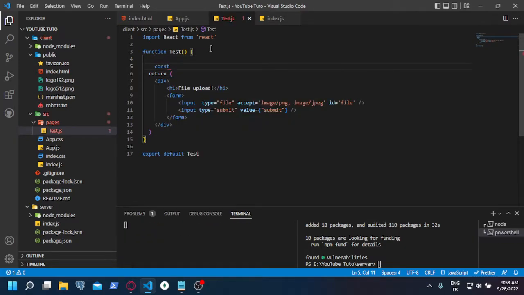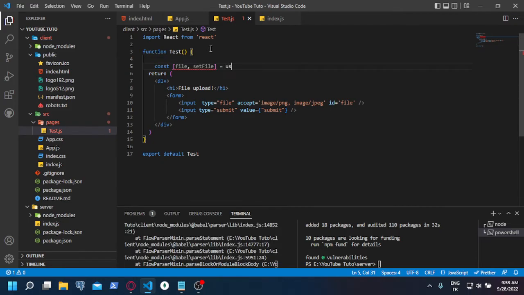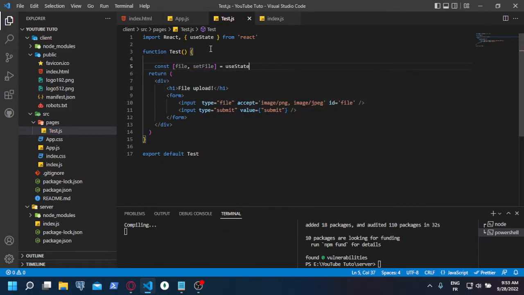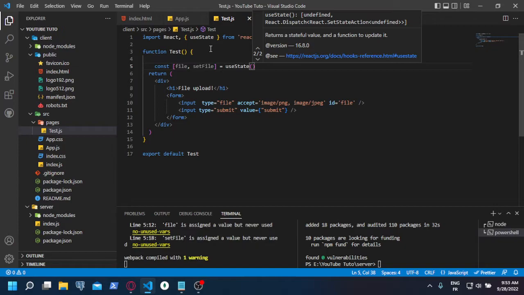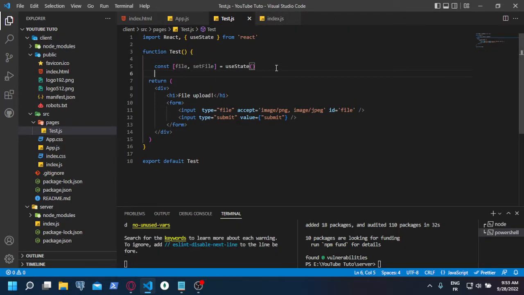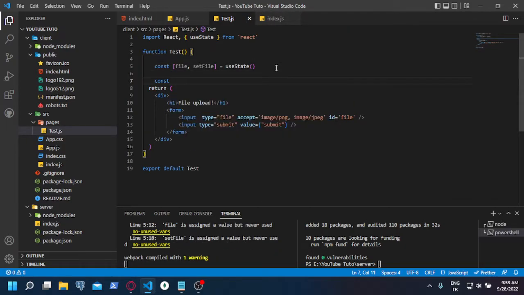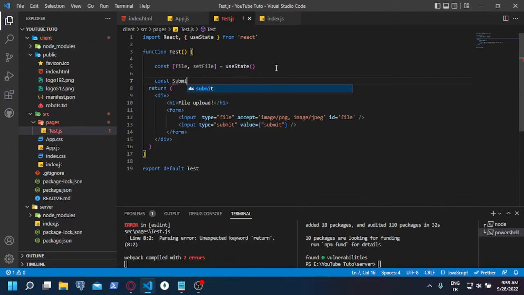So const file, set file equals use state. Leave it empty there, and then our function that will submit the file to the backend. So submit file